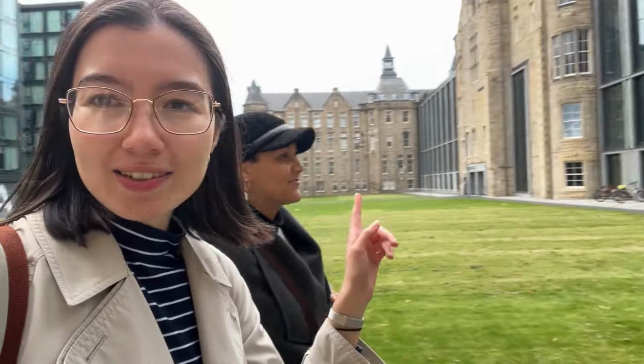We thoroughly enjoyed our little look into McEwan Hall, and since we're right next to, I think this is called the Future Institute's building. It's a brand new one, I've never seen inside it, and it's part of Doors Open Day as well, I think. So we're just gonna have a wee look in here. Don't really know what there is, but